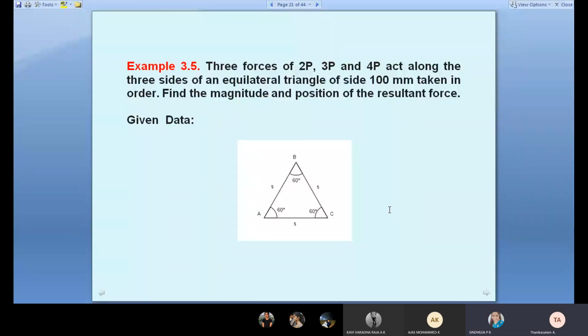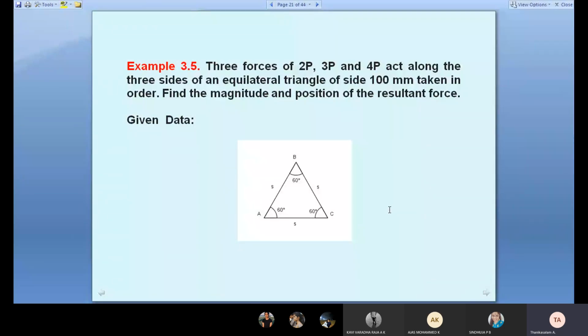This is a very simple problem, but only a statement is given. You know, equilateral triangle. What does equilateral triangle mean? All the angles are the same, 60 degrees, and all three sides must be the same length. That is called an equilateral triangle. There is also a right angle triangle and an isosceles triangle. Equilateral triangle means all three sides must be the same value, and all the angles also the same value. So this is a mathematical rule.